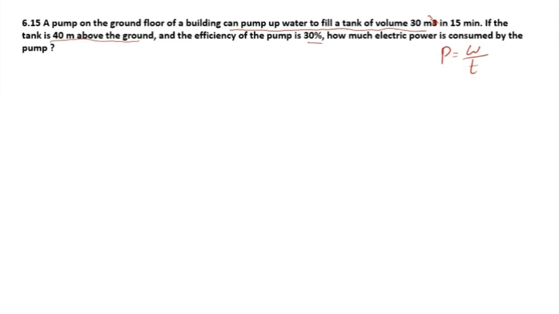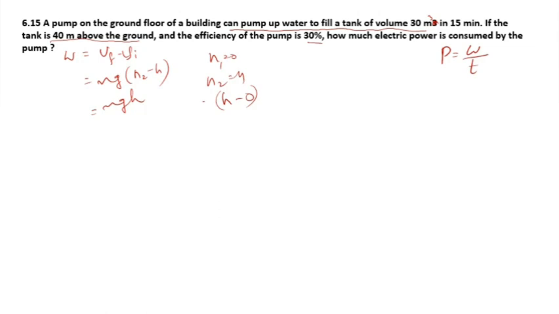So to calculate the work done, you can say the change in the potential energy, E_F minus E_I. Initially it was at the ground floor, where h is equal to 0, and then h2 is equal to h, so you can write mg(h2 minus h). So it is nothing but mg into (h2 minus h). This is the work done, and divided by the time, that will give you the power required to fill the tank within that time.